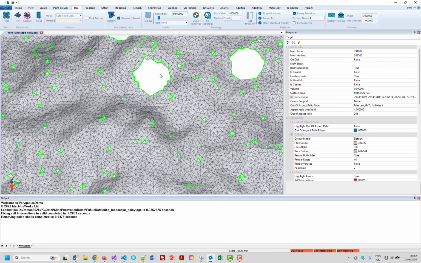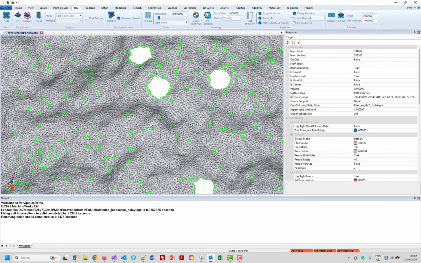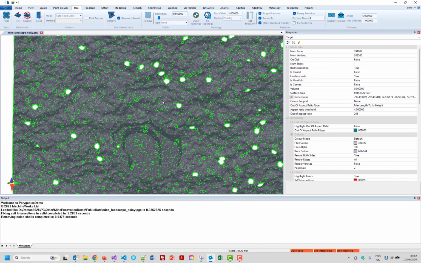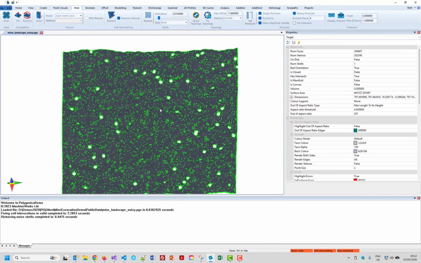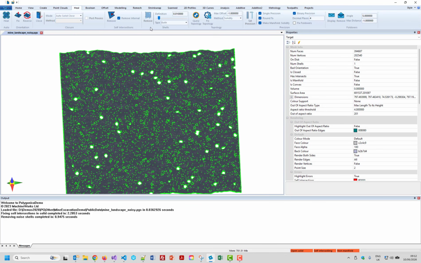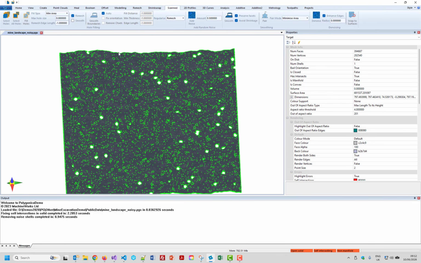And now we've got these holes, and we've also got these gaps. Now Polygonica has solid closing and surface closing, and it could heal those using that API, and it would do a perfectly good job. But in fact, typically on surfaces, particularly scanned surfaces, you're more likely to want to use